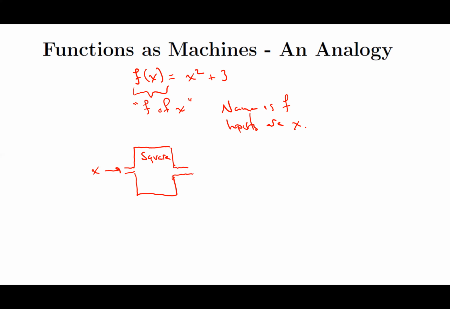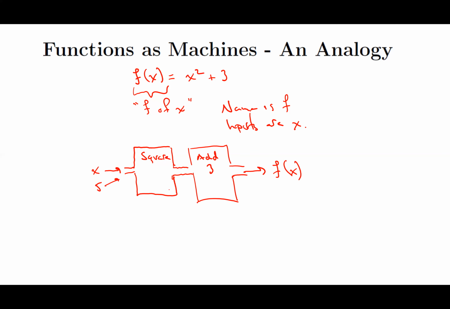After squaring, the machine then does what? It adds 3. And then, whoops, got to get out of the machine. What comes out, we would call f of x, okay? So example, if I plugged, I don't know, 5 in, I put 5 into that machine,